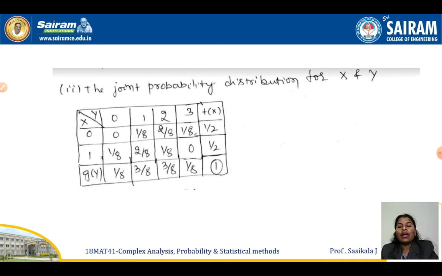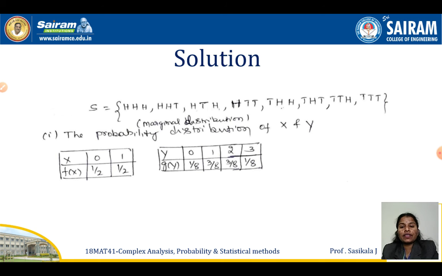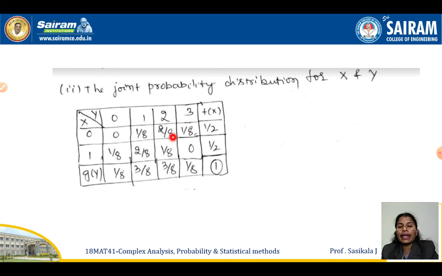The next one, the first toss will be a head and it should have 2 heads. So there are supposed to be only 2 chances, right? 1 here and then 1 more here. Okay, so it will be 2 by 8. Similarly, 1 by 8. You can go with the next one, tail, and then there is no head. Its chance is there because all will be tails, so you'll have 1 by 8. And the next one, you can go with 2 by 8 when x is equal to 1: tail with 2 heads. So chances are there 2 times, so 2 by 8. And similarly here 1 by 8.